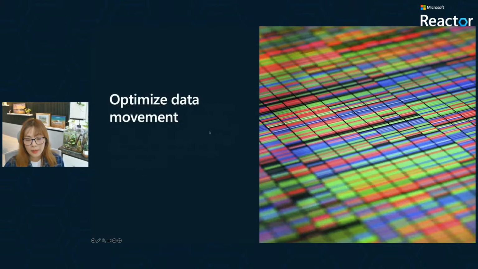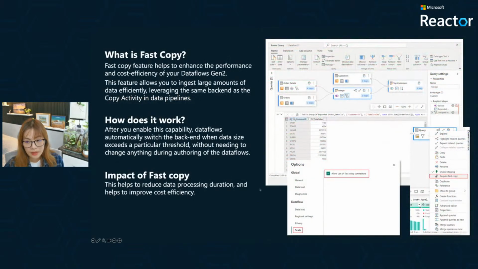Now that we've made our pipelines flexible, let's make them faster. Now let's look at how to optimize the data movement. One thing I want to mention is fast copy. The fast copy feature helps you enhance the performance and cost efficiency of your Dataflow Gen 2. So this allows you to ingest large amounts of data efficiently, and it leverages the same backend as copy activity